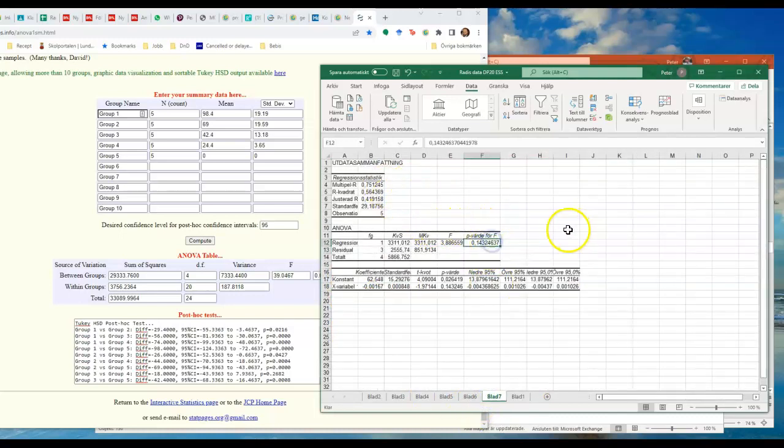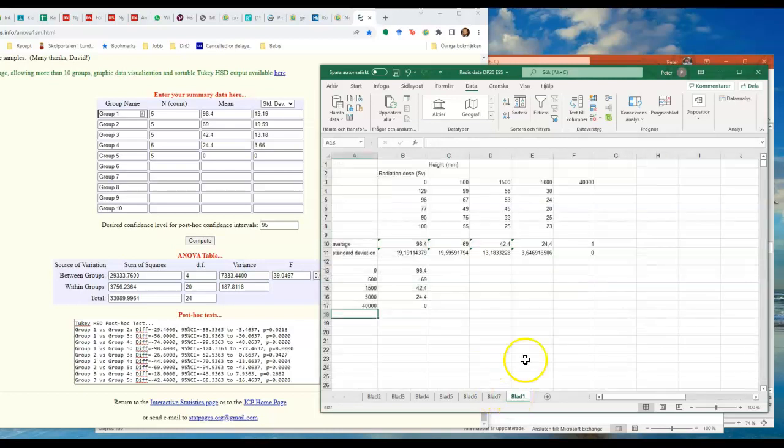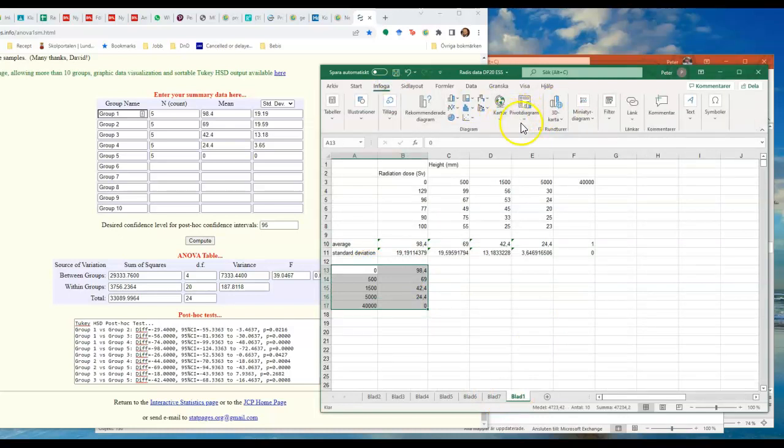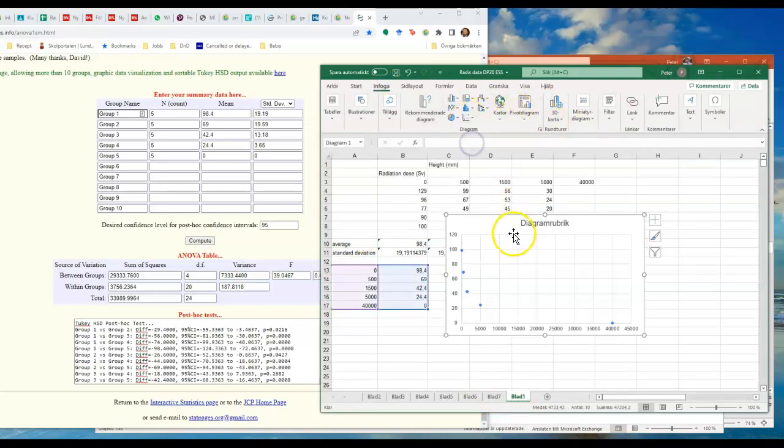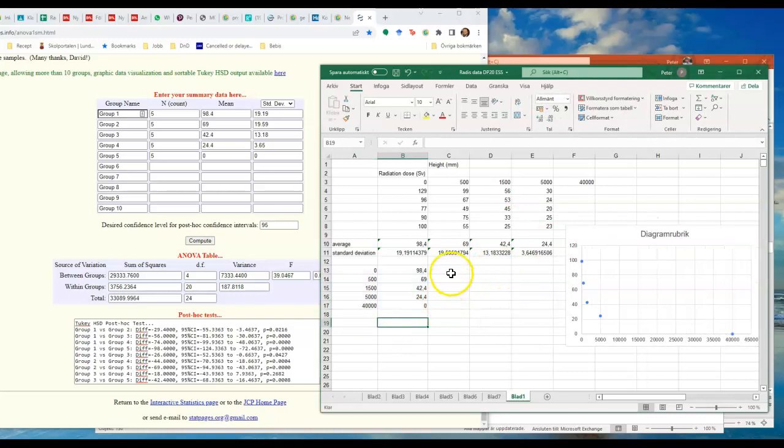So here we have a p-value. Actually, it suggests that we don't have a linear relationship between them. And of course, you can look at them in the actual graph. That's always a good idea. And you see they don't really follow a linear relationship. They actually follow some other relationship. Now, if you want to be really cool with this one, of course, you would see that that's some kind of